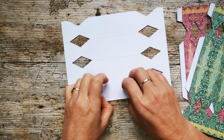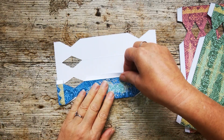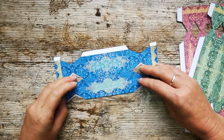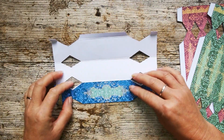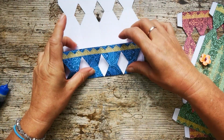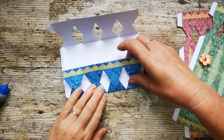So we're going to begin by folding up the little tabs. Even when I've got a folding bone to hand, I don't use it. And then we're going to fold up each of these panels, just like this. And they really could not be simpler to put together. And then fold these pieces to the inside, and the same the other side,